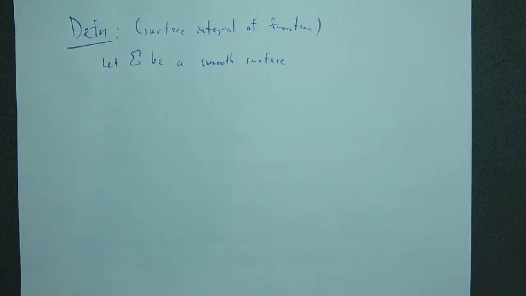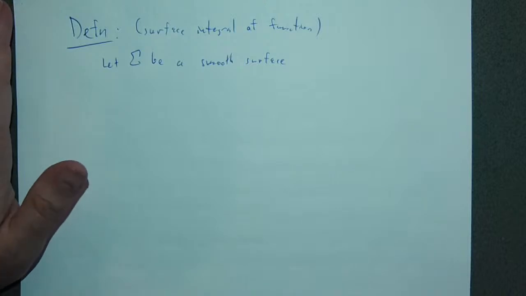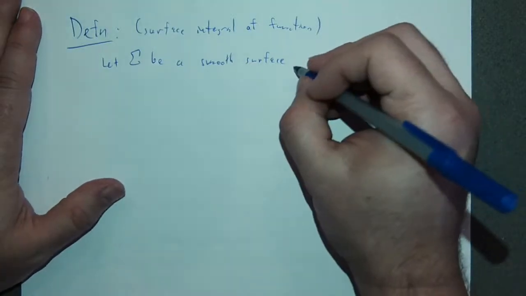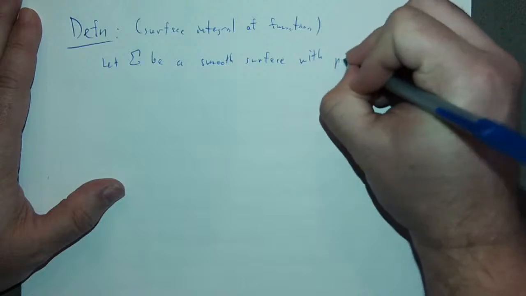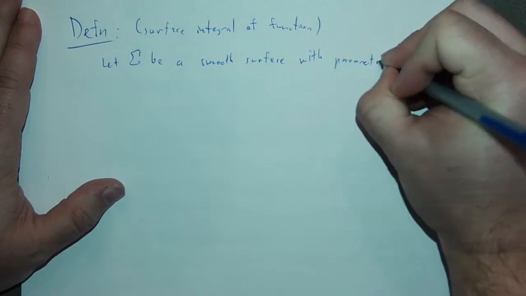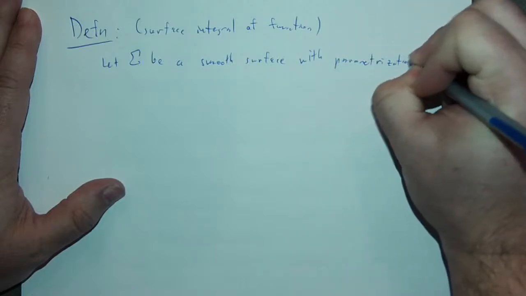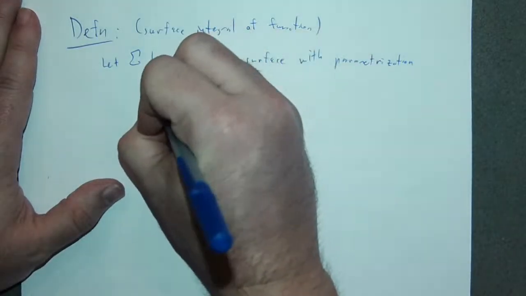A parameterization is smooth if that quantity that came up in computing the surface normal from the parameterization is not the zero vector, or in terms of length, it's not zero for any of the interior points. So with a smooth parameterization,